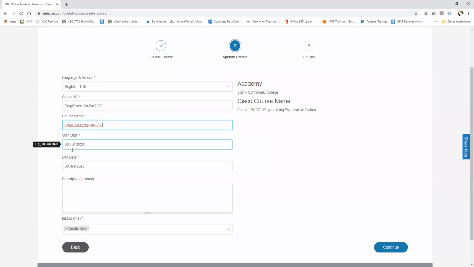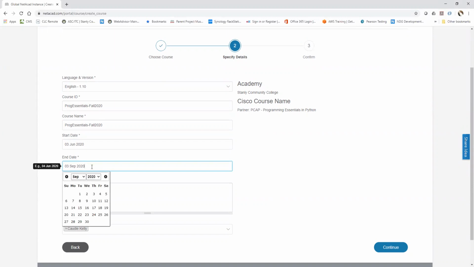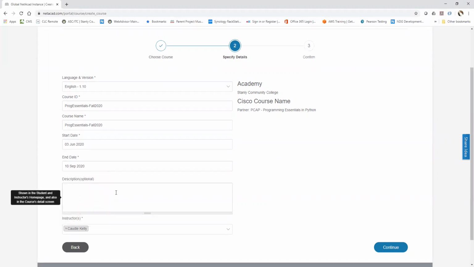You then see a start and an end date. The big thing here with the end date is to be careful, because when the end date hits, your students will lose access to the class. So let's imagine I'm going to run this class from June 3rd, and that September 3rd was the end date for the class itself. If that was the case, I would probably actually make the end date 1 week later, just to ensure that